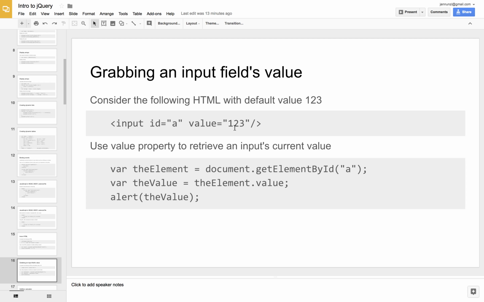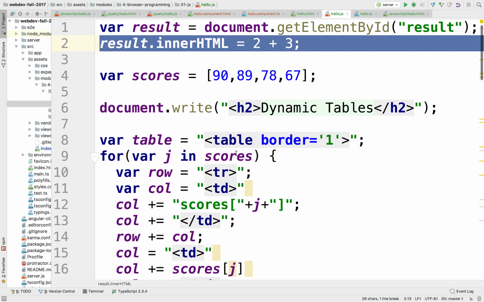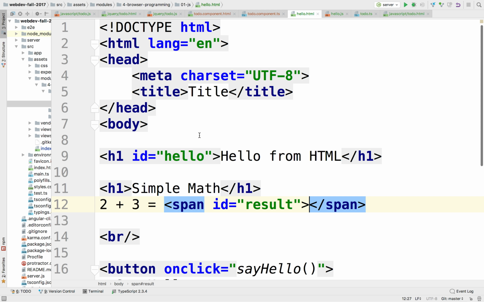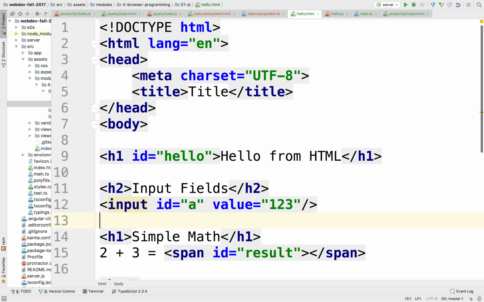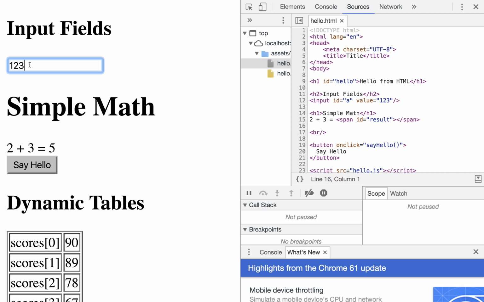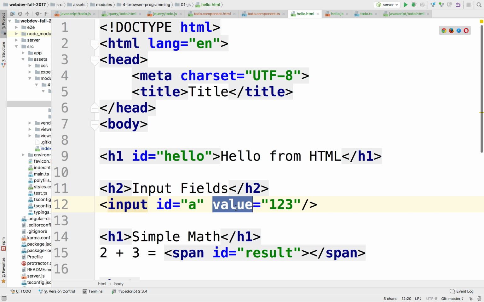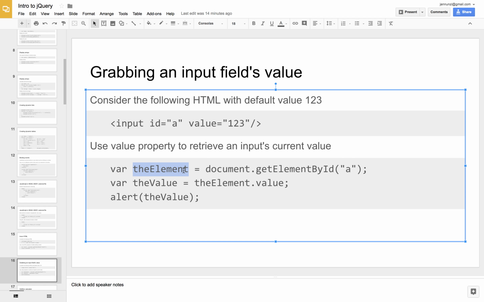Grabbing the input field. If you have an input field, you can certainly grab content from there. So this is H2 input fields. There it is, which now is rendering some default value. There it is, 1, 2, 3. So the value attribute says what it's currently showing, and I'm giving it a value of A. And from the